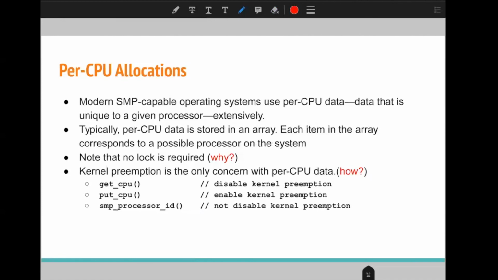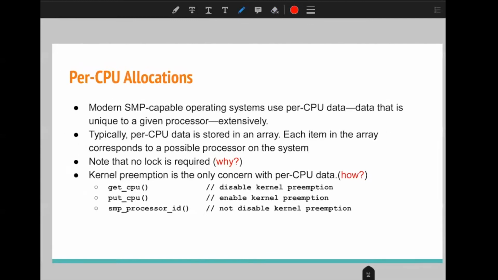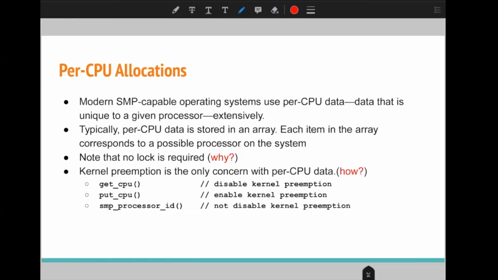For that purpose, we disable kernel preemption with the help of this function. Here, this function will provide the particular CPU, and it will also disable kernel preemption. And when we return the CPU, it will automatically enable kernel preemption. This other function gets the ID of a particular processor, but it does not disable kernel preemption.